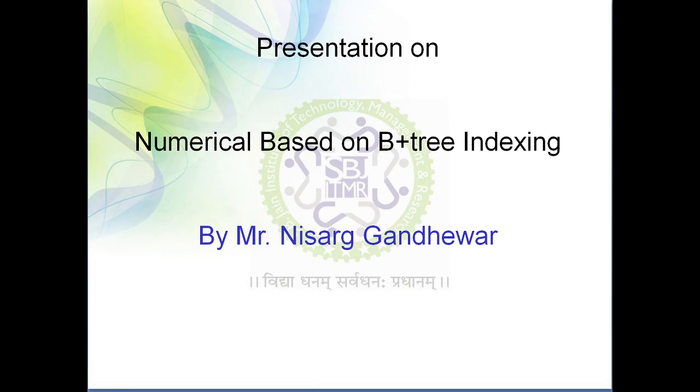Okay, so you already know what a B plus tree is. A B plus tree is nothing but an extended version of a B tree. And what is the advantage, or what is the change, in a B plus tree? In a B plus tree, every data value, every record pointer, is present in the leaf node as compared to the B tree. This is the major advancement in a B plus tree. So we can say that a B plus tree is more efficient as compared to a B tree.